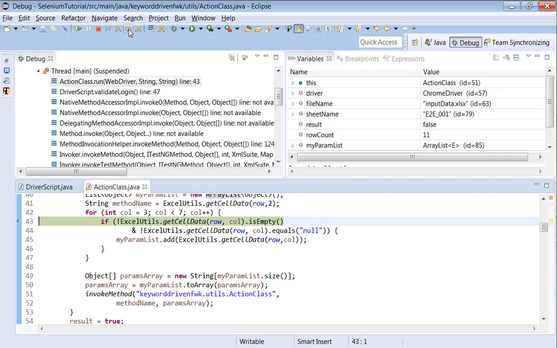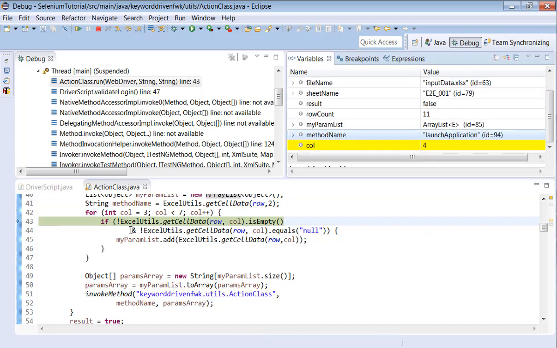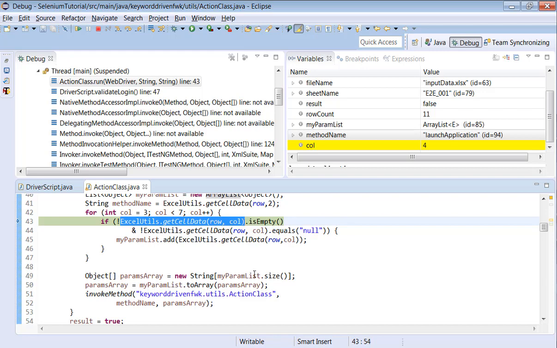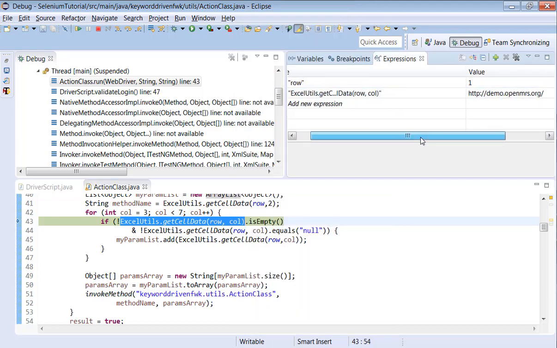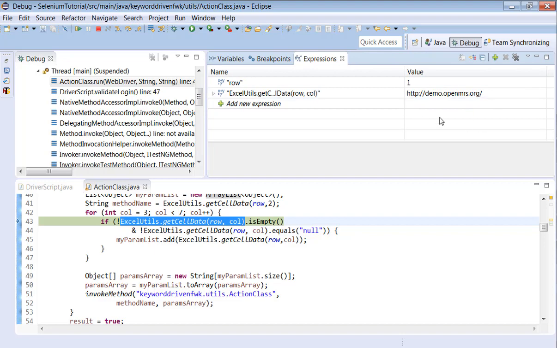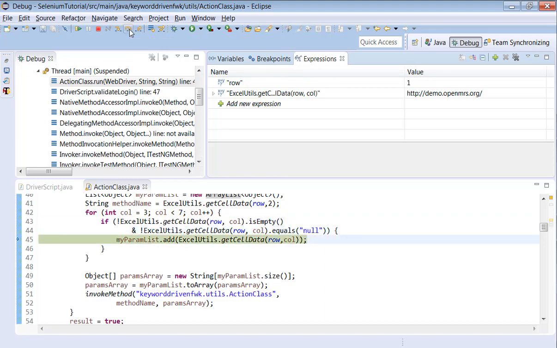Look into this logic now. If ExcelUtils.getCellData is not empty, or not equal to null, only then will it go inside. Now again, ExcelUtils.getCellData, you can even do one more thing also. You can copy this information, right click here, say watch, you can select watch here, and it will show in the expressions. Now ExcelUtils.getCellData, we are getting the URL of the browser, the URL of the application. Now step over, yes, it will go inside. We are adding this to the